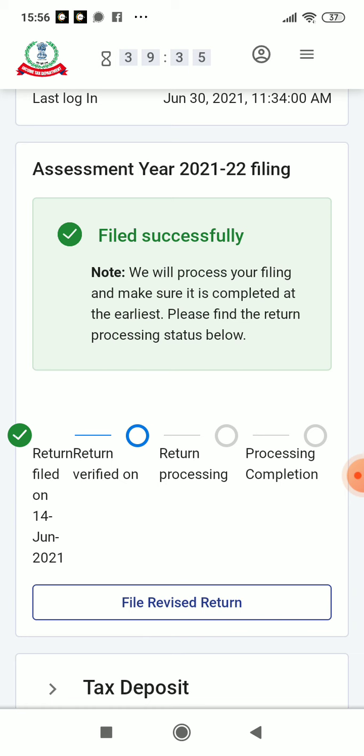So what you do, you try again and again. Why is this message coming? Some error happened, "please try again later" means you have not filed your IT return, e-file is not done. That means this portal is having some issues, they are rectifying.